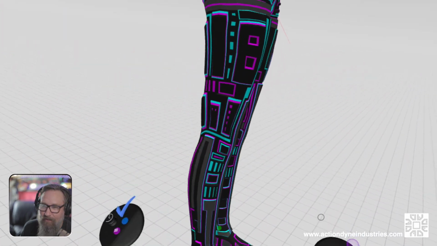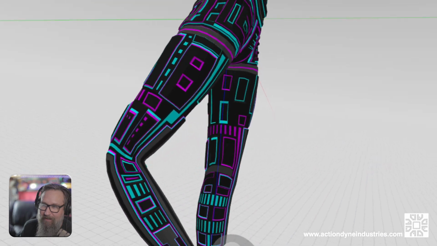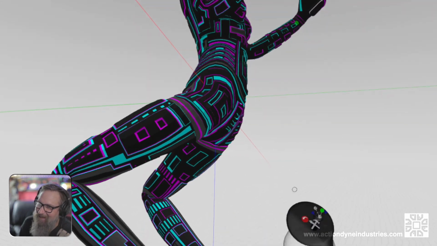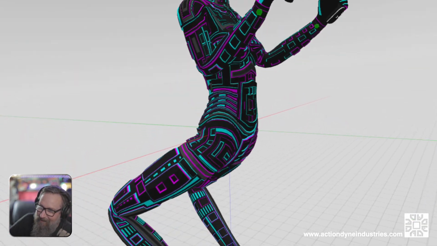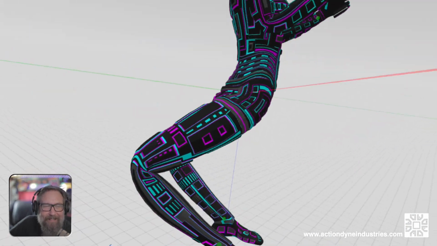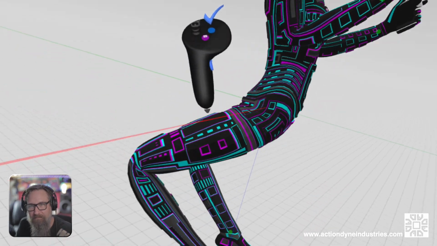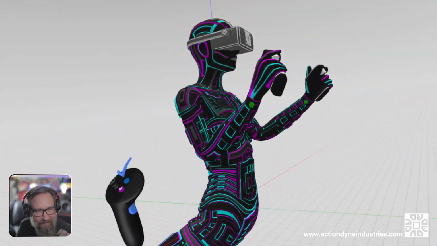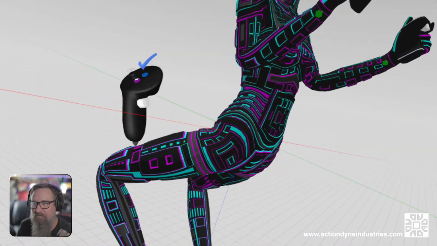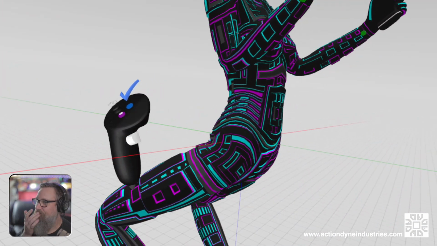But the problem that a lot of people seem to have with Mixamo and Gravity Sketch, there's something a little weird about this, and I don't know what it is. It's so bad. No, I do know what happened here. It's so bad. Don't worry, we're going to go ahead and fix this, because this is just beyond creepy. This will give you nightmares. It does. But it's good to know if you want this effect